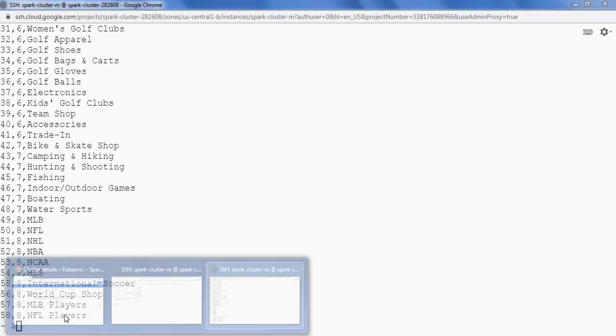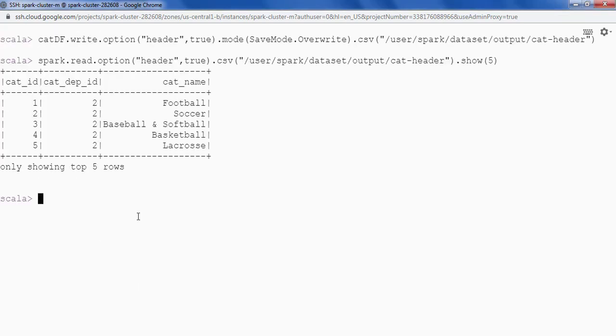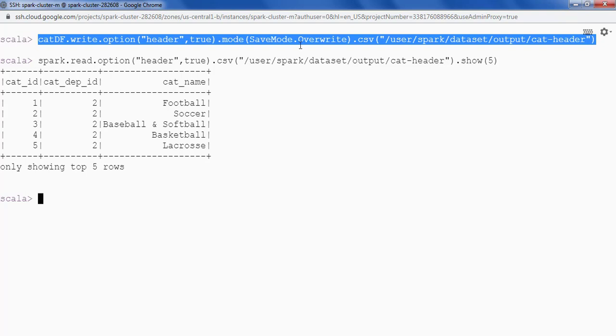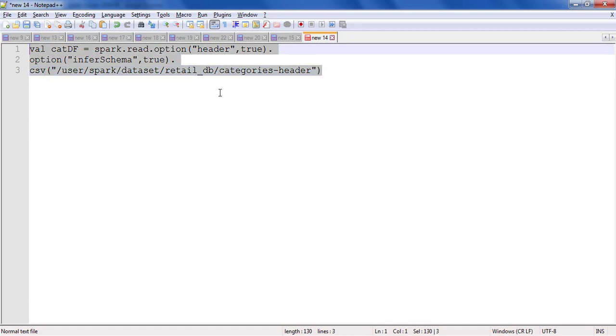It's very easy. Go back to the shell. Let's say that we want to save the data, but in snappy compression. How will we do that? Let's quickly do that. Let's copy the entire command and change it in the text editor. That will be easy for us. This is my command.